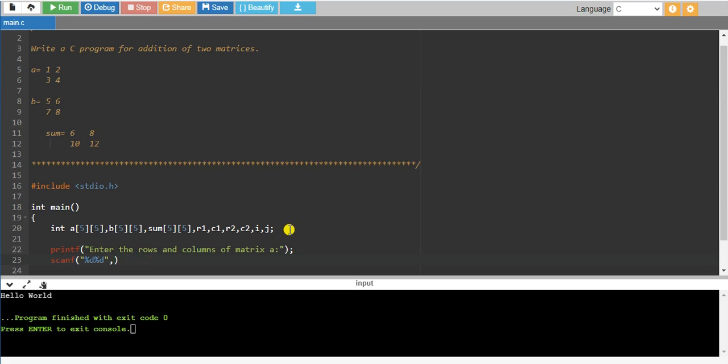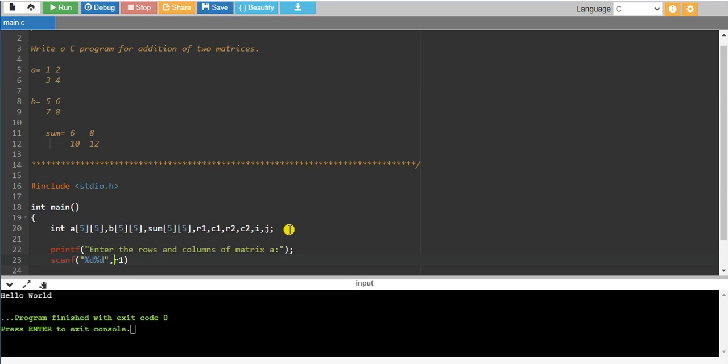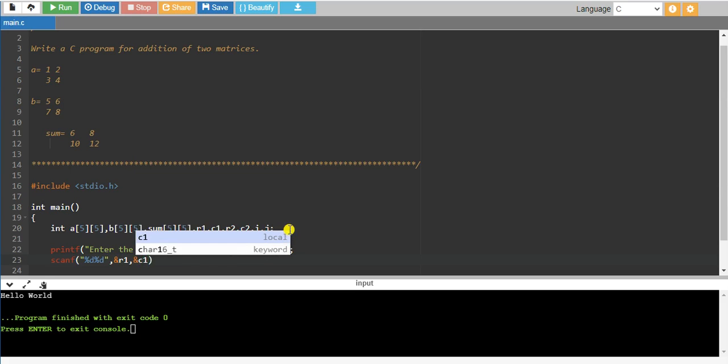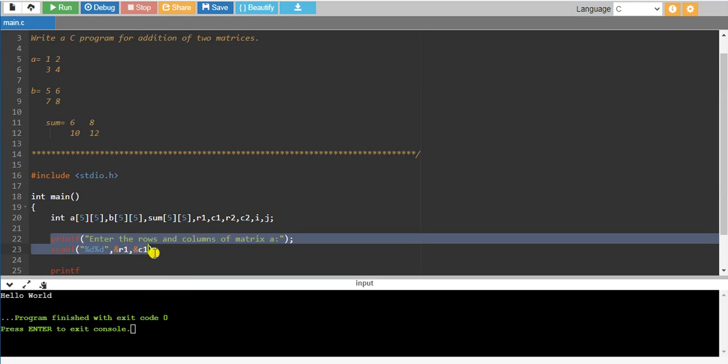We are reading the size, so we have to write ampersand r1 comma ampersand c1. So after reading the size of matrix A, we have to read the size of matrix B also. So printf, I'll just copy this.